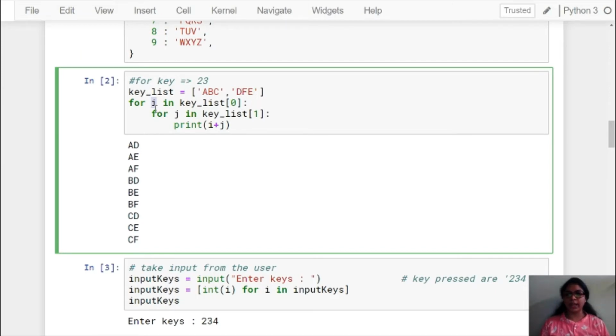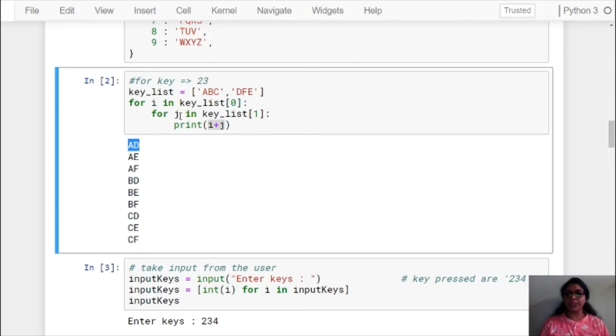The first time, A will get combined with D. Why? Because we have I plus J, where I is a character and J is a character, and the plus symbol is the concatenation symbol. So we get the output AD. For the second iteration, the inner loop iterates first, and only after the inner loop finishes does the outer loop iterate.